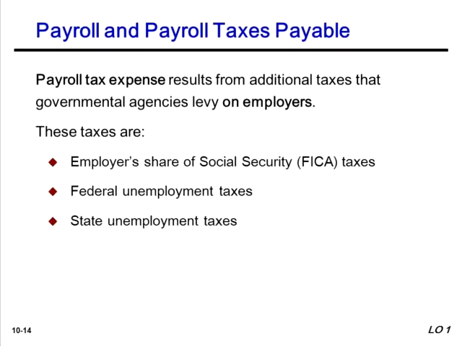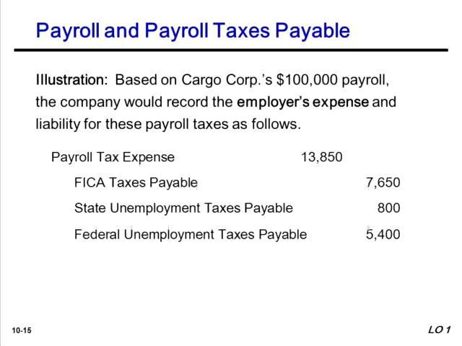The employers also have to pay federal unemployment taxes and state unemployment taxes. So here's an example of an entry for employer payroll taxes. Based on Cargo Corporation's $100,000 payroll, the company would record the employer's expense and liability for these payroll taxes